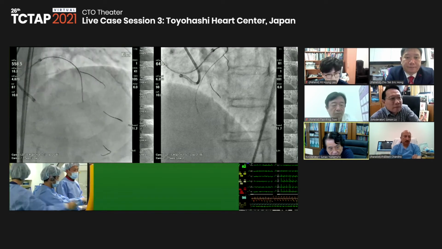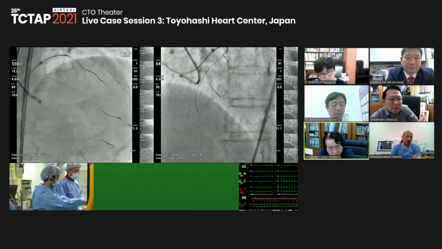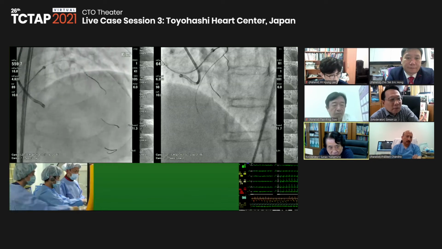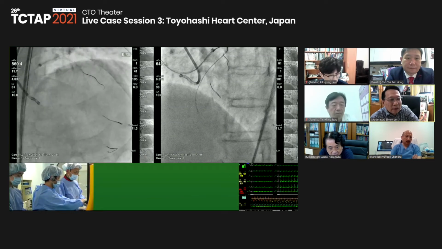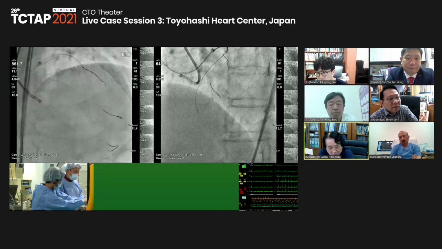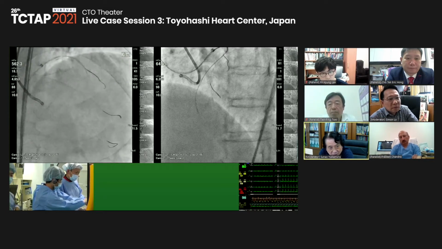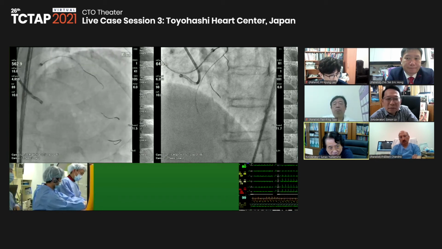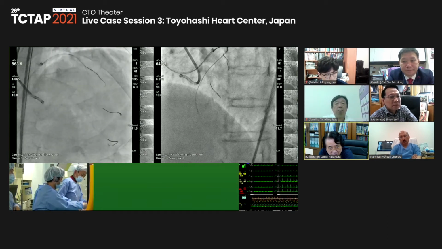And actually, we should not forget that this diagonal is a big one, and the most reliable one in this anterior territory. So maybe at least this big diagonal.